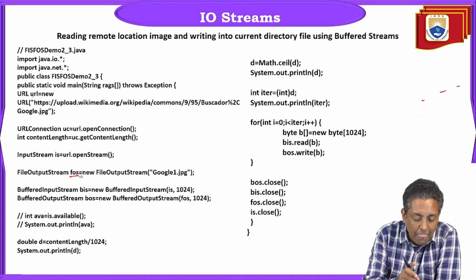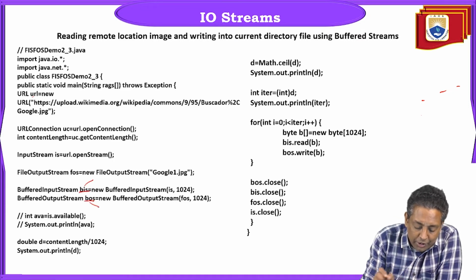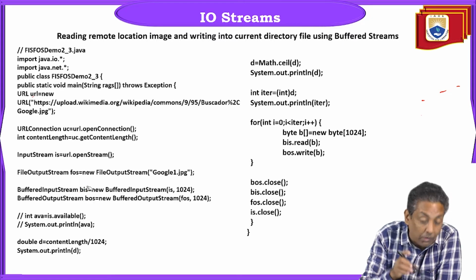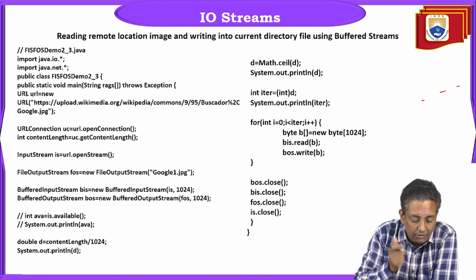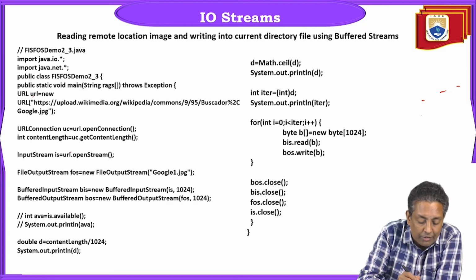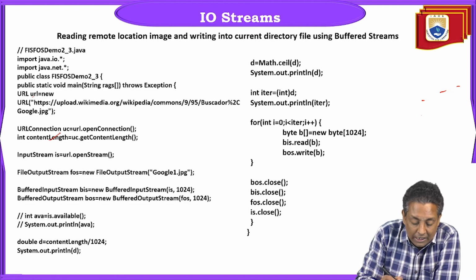Now the BufferedInputStream and BufferedOutputStream are ready. This will read from the URL, and this will write into the local file, buffer by buffer, not byte by byte. Okay. The next thing we are doing is, here we got the length, the content length. So the content length